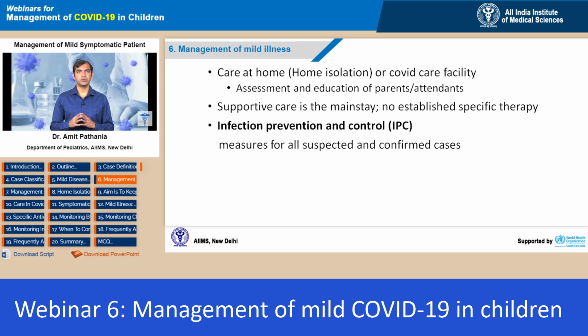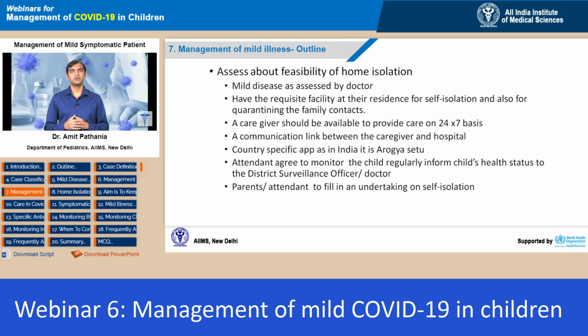Infection prevention and control measures should be followed at all steps for all suspected and confirmed cases. The child with mild COVID symptoms can be taken care of either at home or at a COVID care center. The doctor should assess the feasibility of the child being cared for at home. The child should fulfill the following criteria: mild disease as assessed by the doctor,